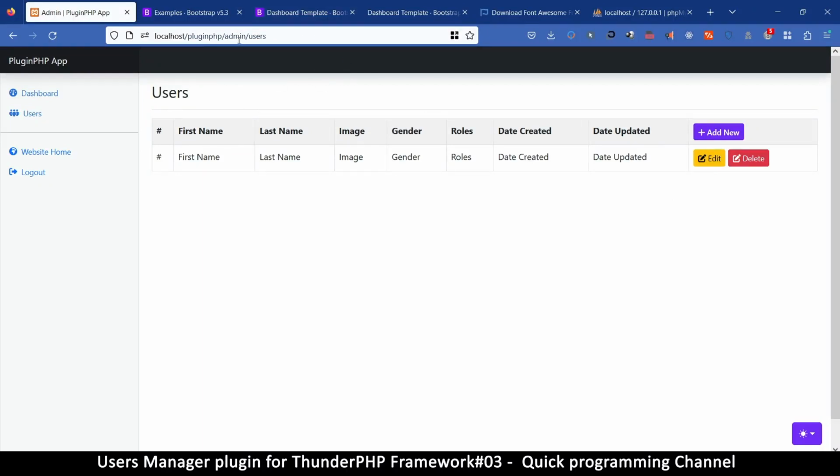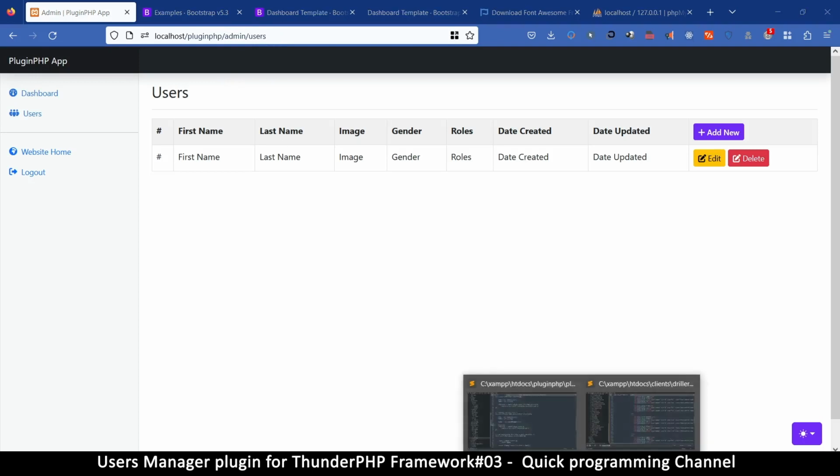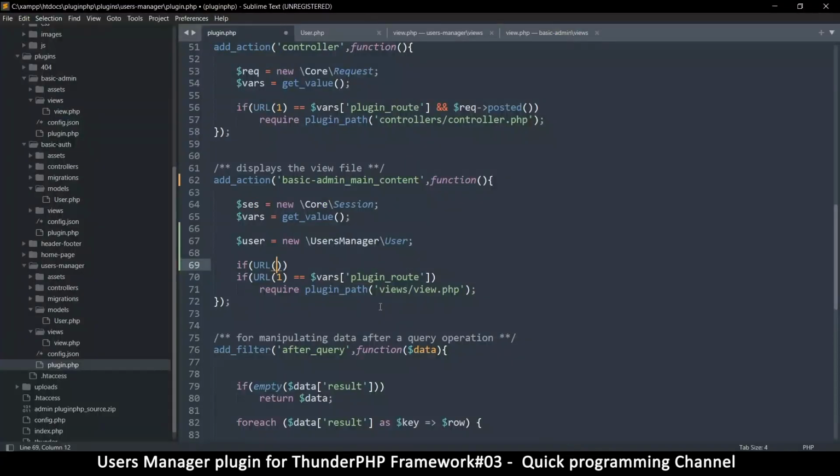So in this case, we're looking for a third param here. Is it add? Is it edit? Is it view? So here we'll say admin. This is 0 and this is 1. So we're looking for number 2. So let me come back here. I'll put 2 there. So if URL 2,